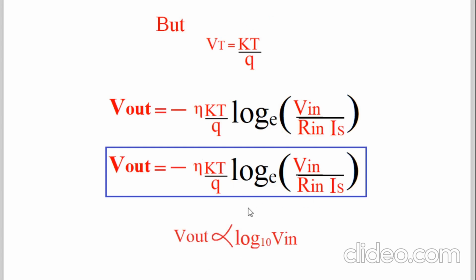This equation indicates that the output voltage is, these all are constants: eta constant, K constant, T constant, Q constant. So here the output voltage is a logarithmic term of the input voltage, log to the base e. That's why it is said Vout is directly proportional to log to the base 10. Again if you take 2.303, one more constant will come, nothing else. So in this way you have proved that your transdiode, meaning a diode manufactured by using